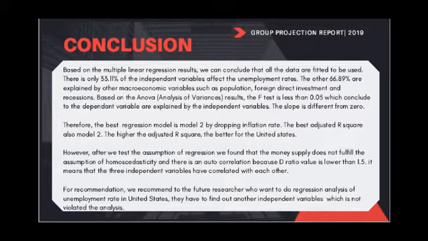Based on the ANOVA, which is analysis of variance, the F-test significance is less than 0.05, which concludes that the dependent variable is explained by the independent variables. This slope is different from 0. Therefore, the best regression model is model 2 by dropping the inflation rate. Model 2 also has the best adjusted R-squared, and the higher the adjusted R-squared, the better it is for the